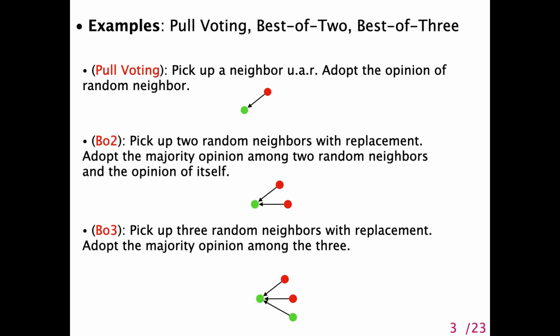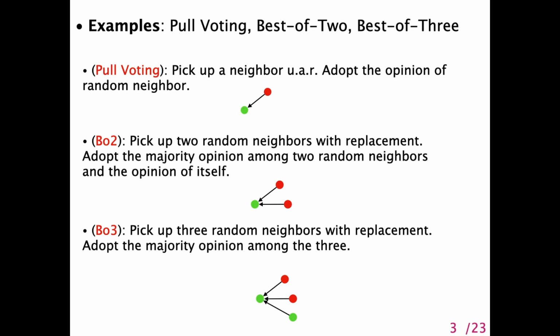In best of two, each vertex picks two random neighbors with replacement. Then the vertex adopts the majority among the three opinions: the opinions of the two random neighbors and its own opinion. In the figure, a green vertex picks red vertices twice, so this vertex will turn red. In best of three, each vertex picks three random neighbors with replacement. Then the vertex adopts the majority among the opinions of the three. In the figure, a green vertex picks two red vertices and one green vertex, so this vertex will turn red